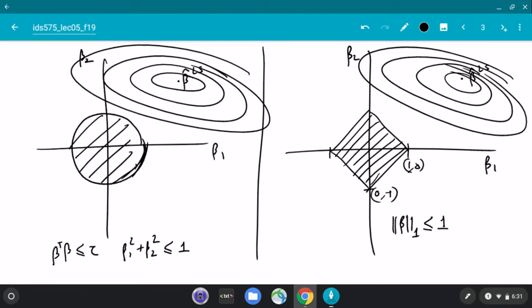But for this we actually saw that the solution will be on the boundary. If beta hat is outside, the solution will be on the boundary, somewhere over here, which is the one that is still valid, inside this region, but also closest to this point, geometrically. With this, it turns out that even in 10 dimensions or beyond, the chances of these corner points or the face points being the optimal is pretty high.